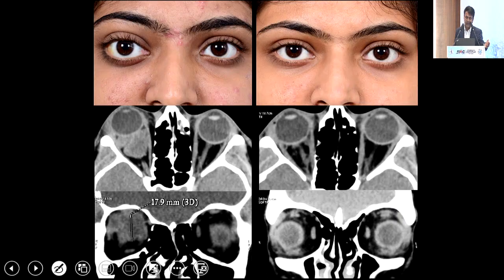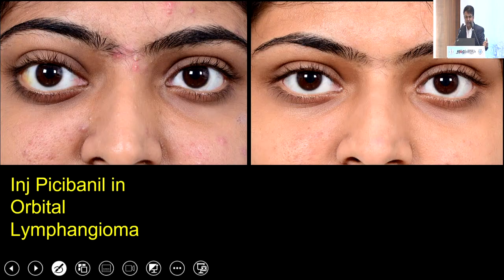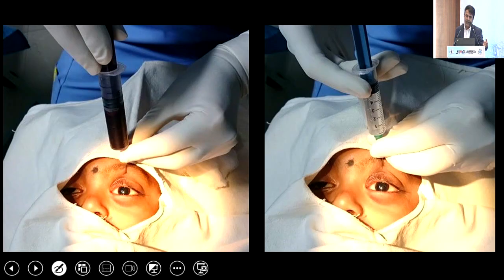You would rather give an injection, which could be either picibanil or bleomycin. Here we choose picibanil mainly because it's an intraconal lesion all around the optic nerve, and we know picibanil is safe for the optic nerve compared to bleomycin, which can have visual reduction. So this girl did very well after a couple of injections of picibanil, and for a macrocystic lymphangioma, you would